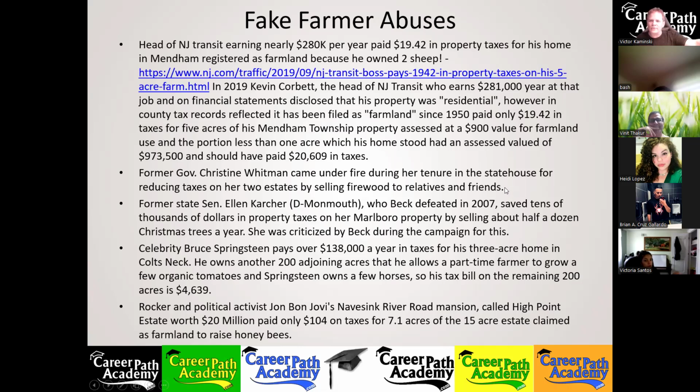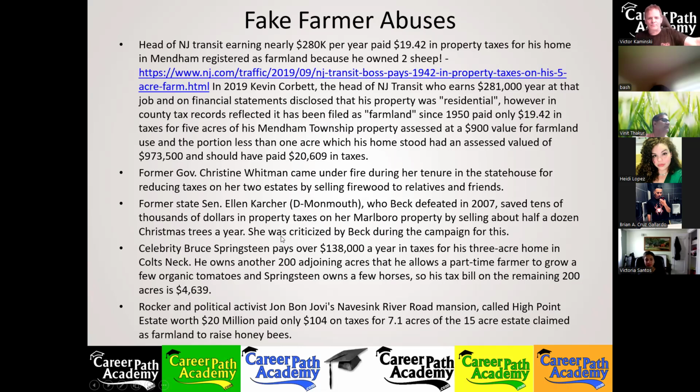You remember what Christine Todd Whitman looks like, that tall, skinny waif of a woman? You think she's out there with a chainsaw or an axe cutting down trees and breaking up firewood to sell? Come on. It's a tax break. She just claims that she sells $500 a year in firewood and pays the taxes on the income for a gross income of $500, so she could get a 98% deduction on the taxes on the 2 properties she owns.